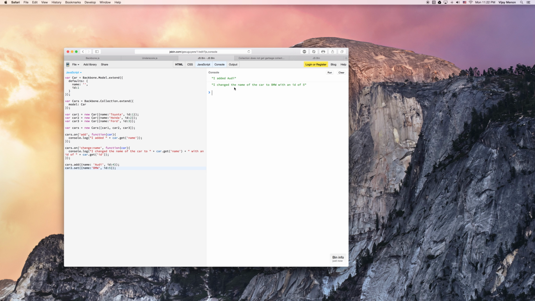Okay, cool. So now we've got the change, and we can see it here. That's really great. So that is a little bit about add and change name. Those are also some things that come with the Backbone collection that you should be aware of. And really, what's great about this is that what we're building up to here is that when you're building an application or a very high-end single-page application or a web page,